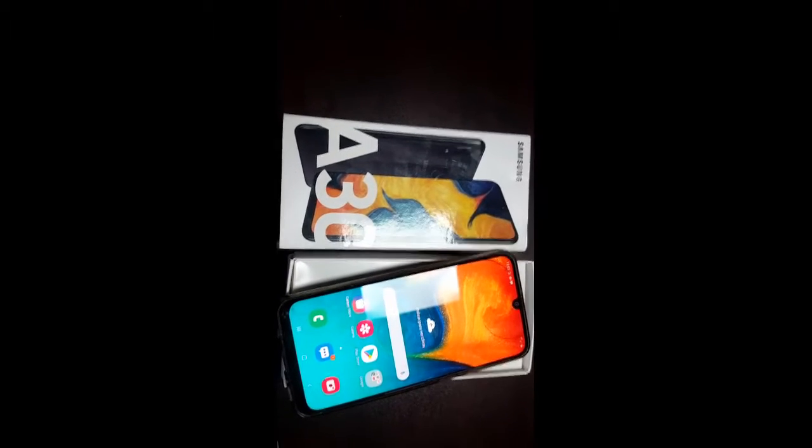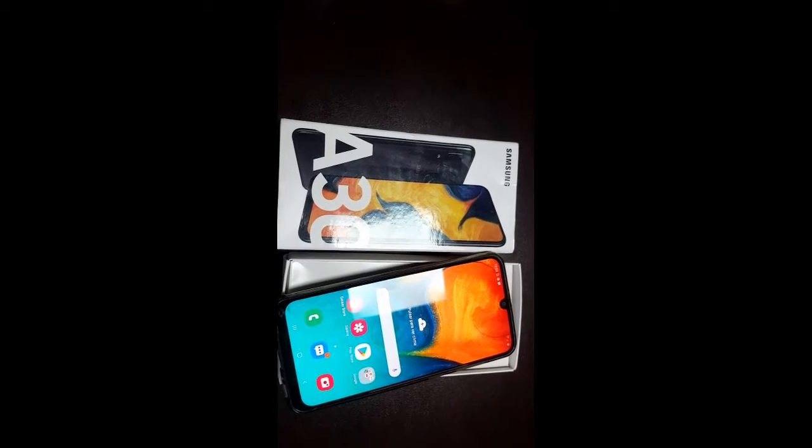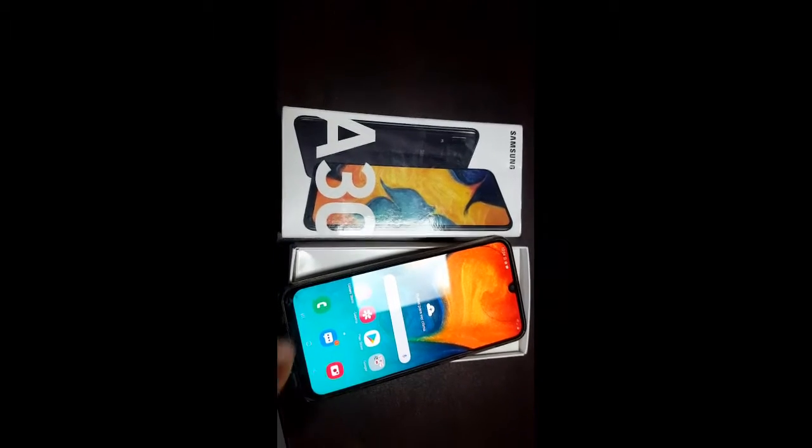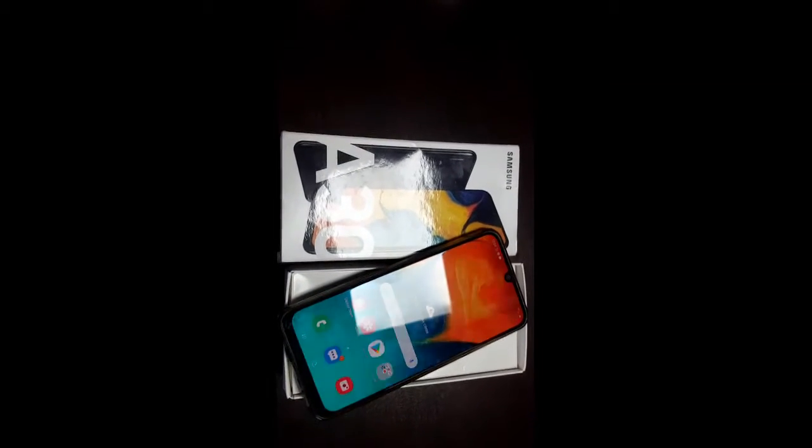In this short video I'm gonna walk you guys step by step on how to change language on Samsung Galaxy A20. As you can see in this video, you're gonna learn how to change languages. In this case, this Samsung Galaxy comes with Spanish language, so it's in Spanish. As you can see, everything here is in Spanish. Yeah, so I'm gonna show you step by step how to change